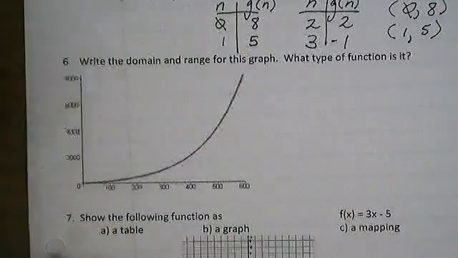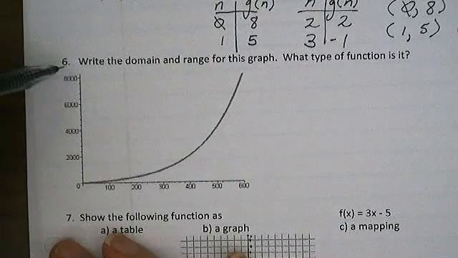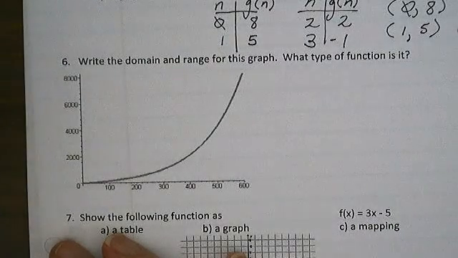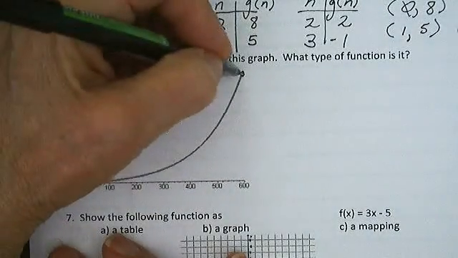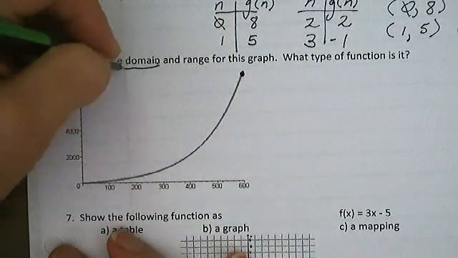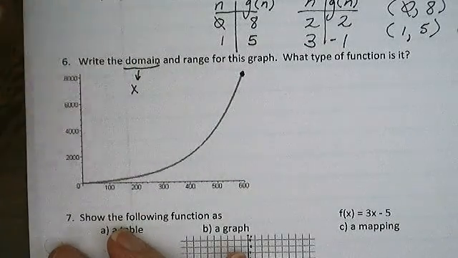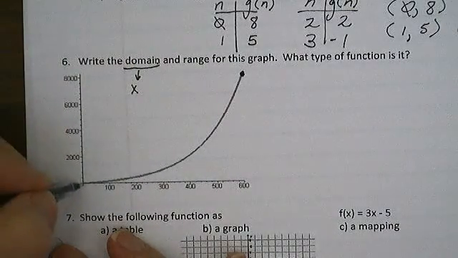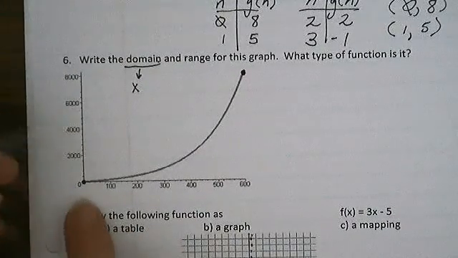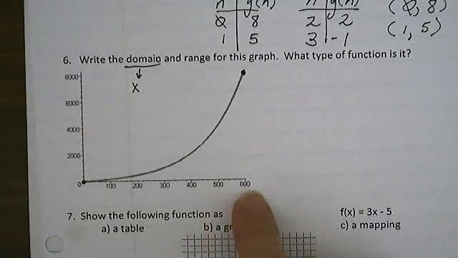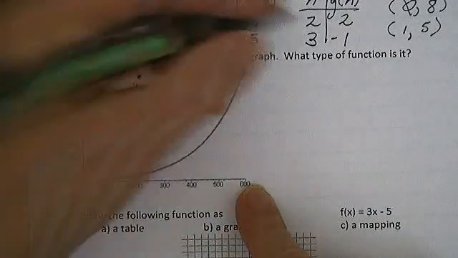Number 6, write the domain and range for this graph. What type of function is it? Well, I know that my domain are all possible values of x. My graph starts here at 0, 0, and my x values go all the way to 600. So my domain